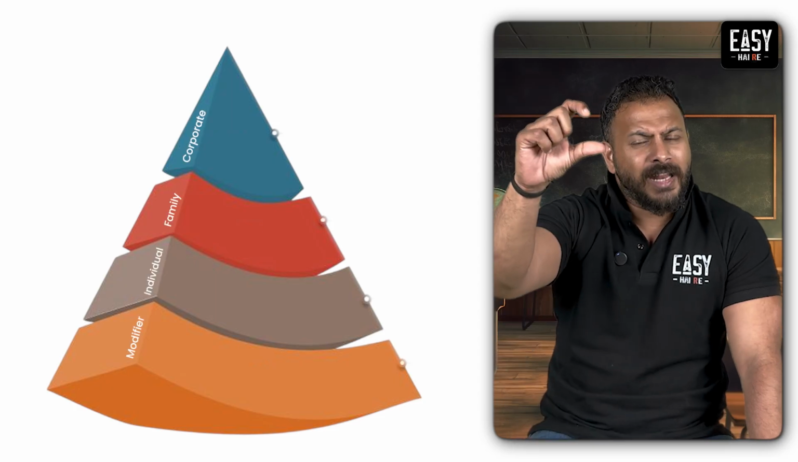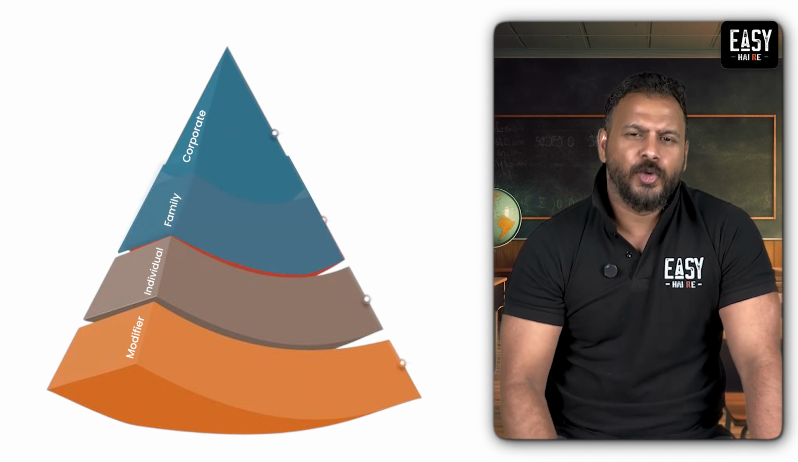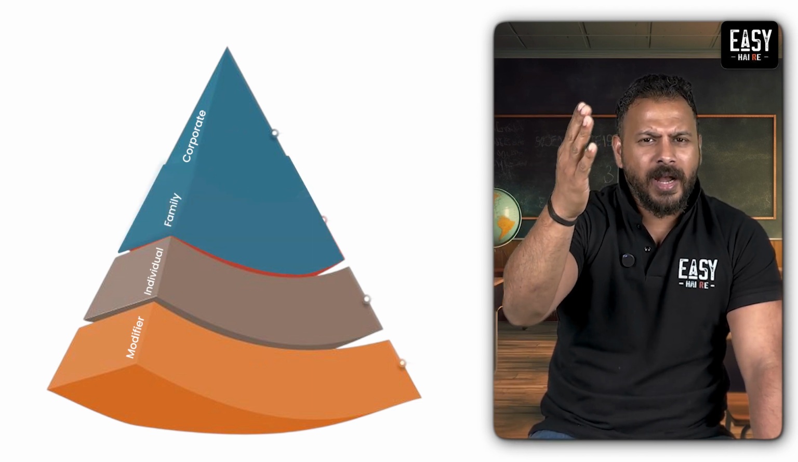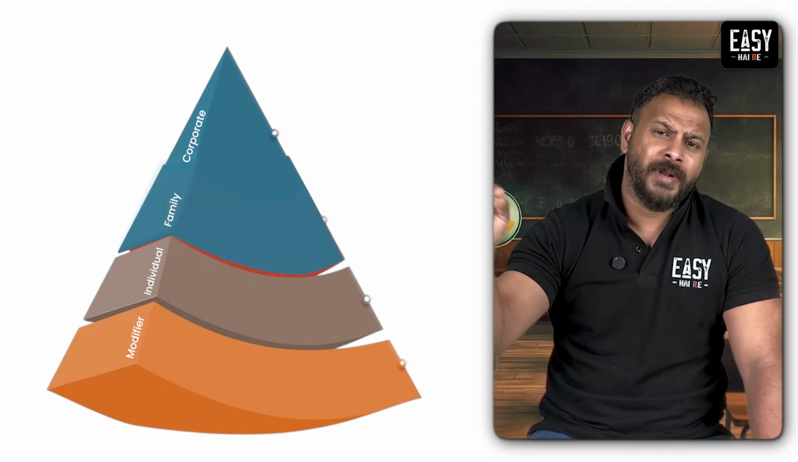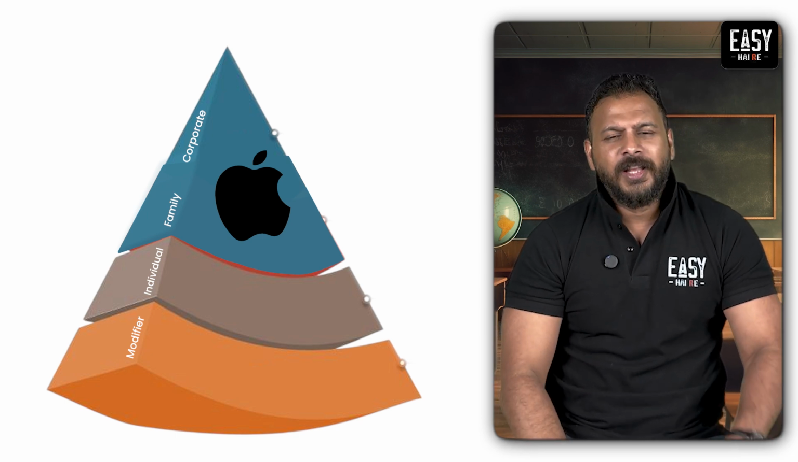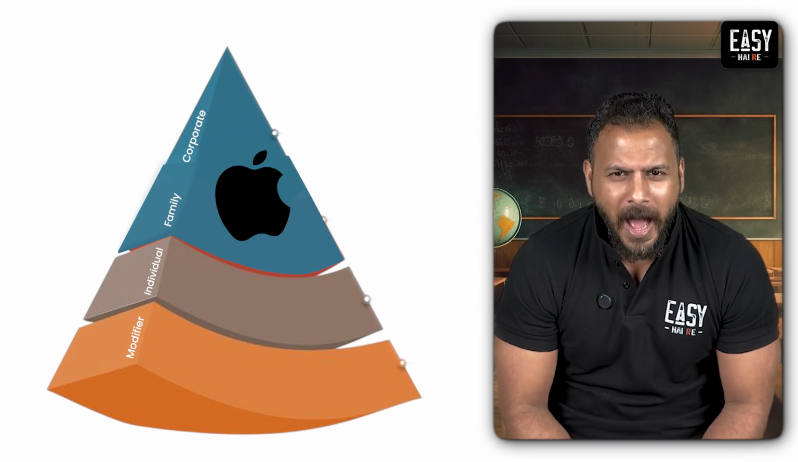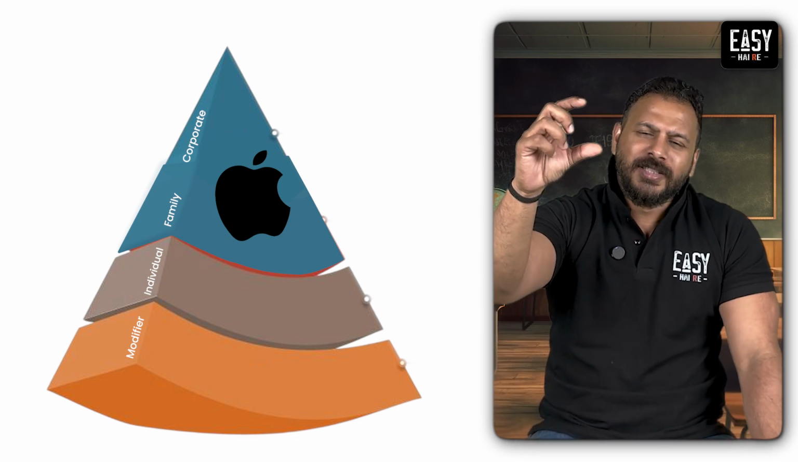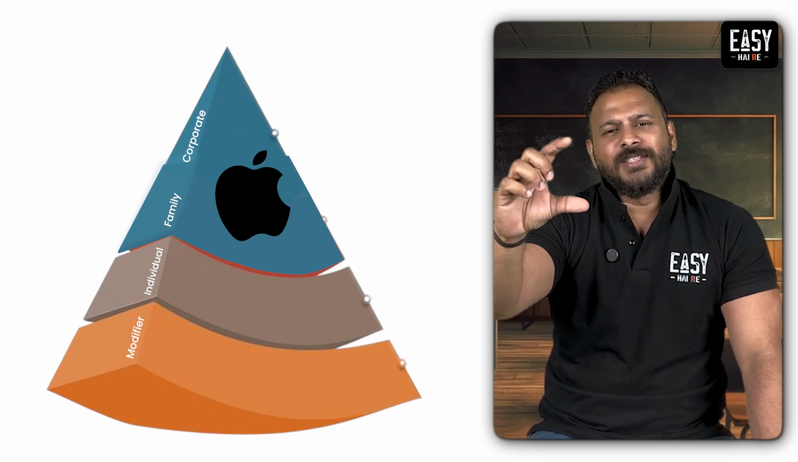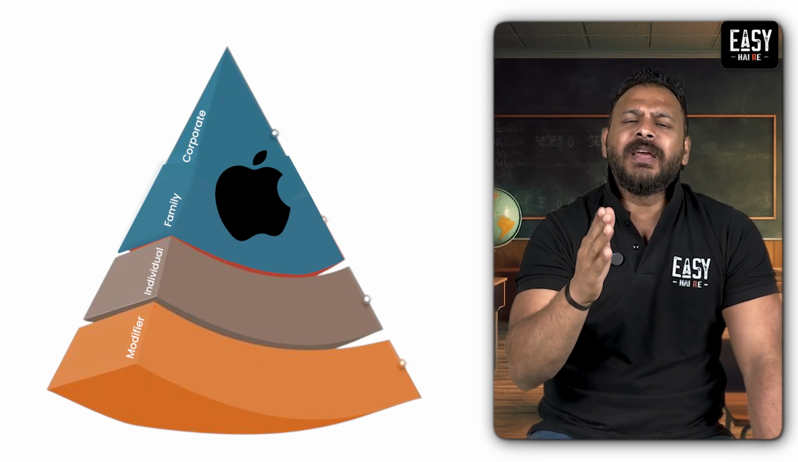Now, there is a small exception in certain cases where your corporate brand and family brand is the same. So you have corporate and family brand, that could be one brand name, and you have several individual brands under them along with their modifier. The best example in this case could be Apple. Apple itself is a corporate brand as well as the family brand,